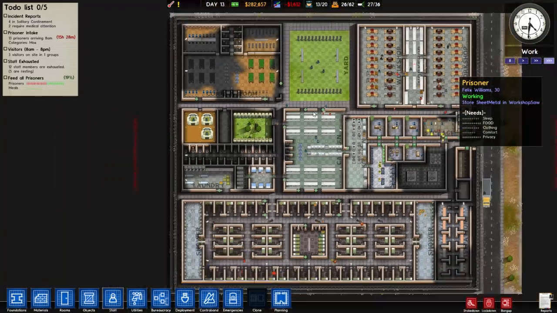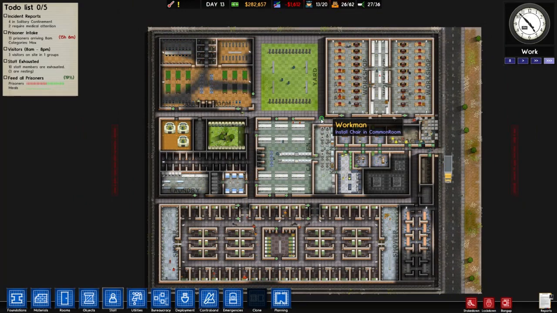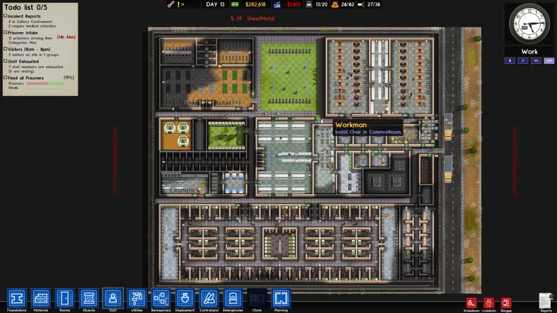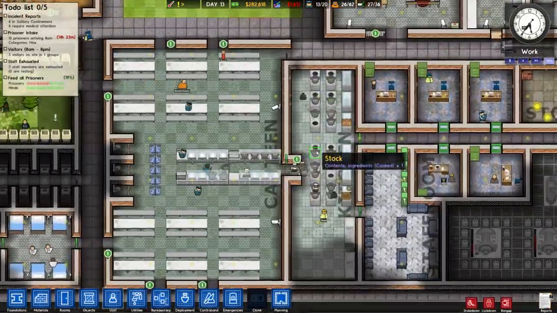Let me speed up to max speed. I'm not assigning any more prisoners to work, because I want them to get settled in, basically to have one day without work. Even though it doesn't really work like that, because it randomly assigns the prisoners as far as I'm aware, so yeah, I'll just have to wait and see. Looks like we've got...